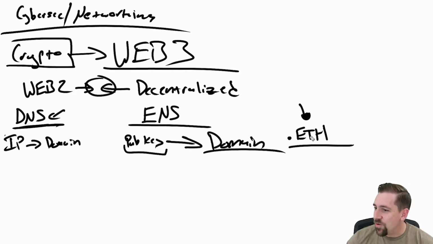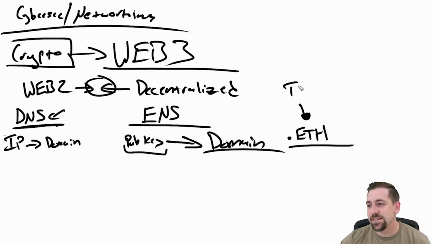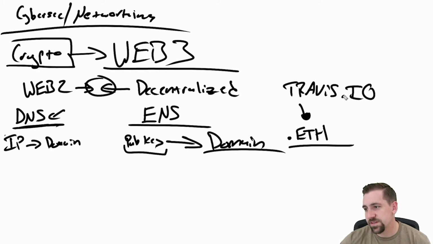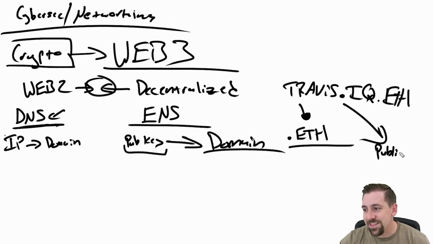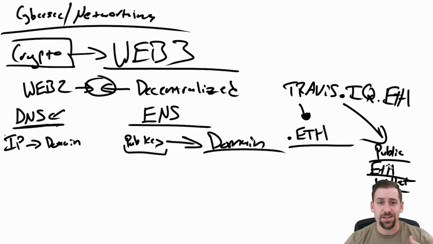And we can now register a .eth domain, say iq.eth. I can then associate that name with a public key that I also own, a public key private key pair. So I'll associate it with the public key because I own the private key for an Ethereum wallet. And then I can do all sorts of things. The most common is payment, where you can use a .eth domain name instead of an Ethereum wallet address. So you can make these things a lot easier.